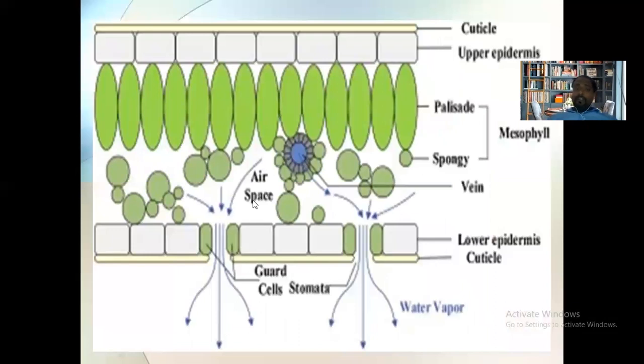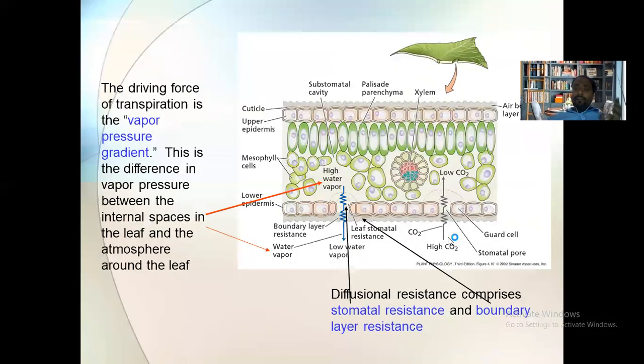Okay, and these intercellular spaces now become saturated with more water than that of the atmosphere. And at that time, when the stomata opens, the water from the intercellular spaces will enter into the atmosphere. Getting it? And at the same time, you can see here, the concentration of the CO2 in the leaf is less. Okay, you remember, all these things are taking place during the daytime.